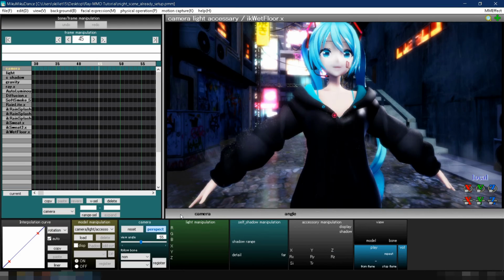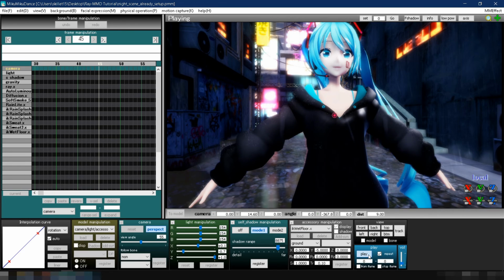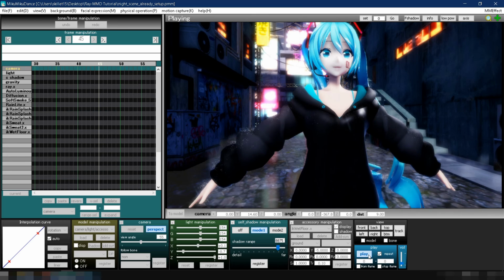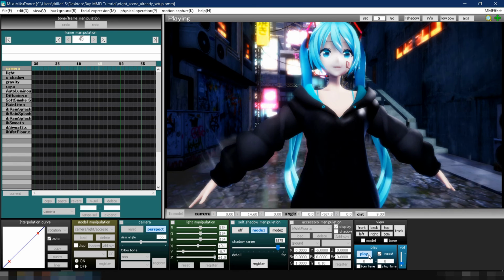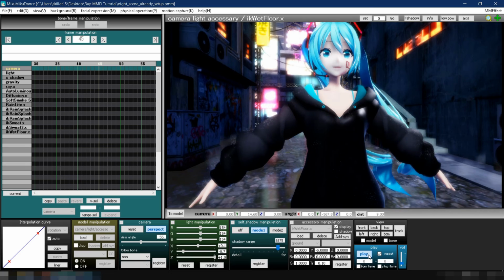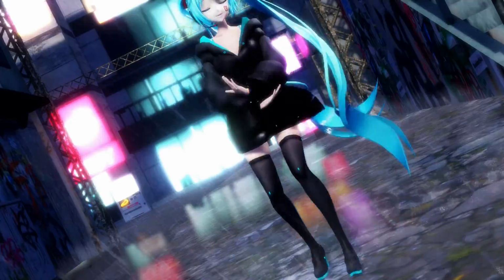When you click Play, lightning will start to appear when it reaches Frame 20. You can add more lightning by copying and pasting the steps we took with the Time of Night controller and Ray controller throughout the video. This is what the scene looks like when you add motion and render the video in MMD.